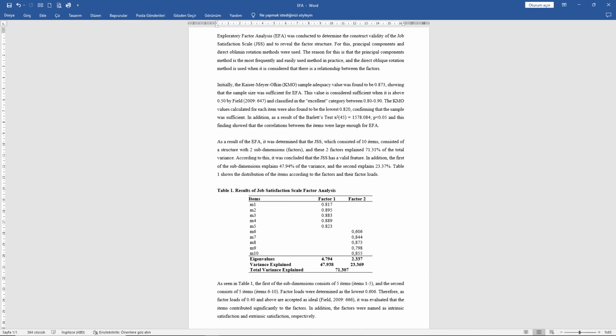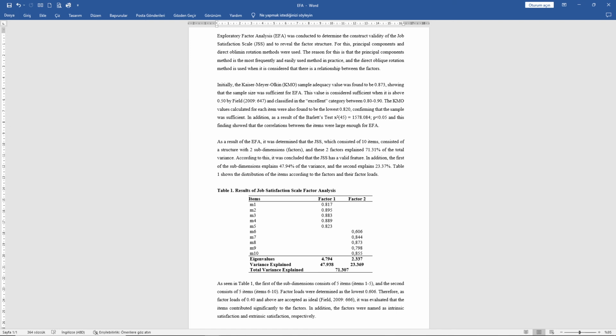The KMO values calculated for each item were also found to be at least 0.820, confirming that the sample was sufficient. In addition, as a result of Bartlett's test, X2(45) = 1578.084, p < 0.05, and this finding showed that the correlations between the items were large enough for EFA.